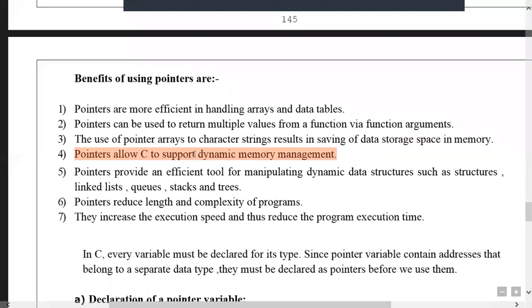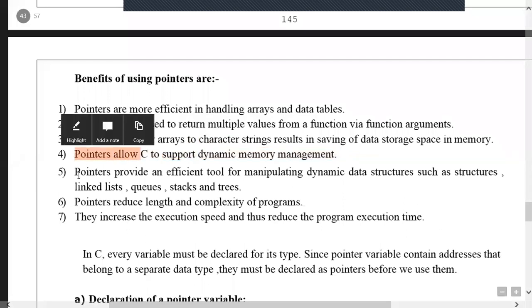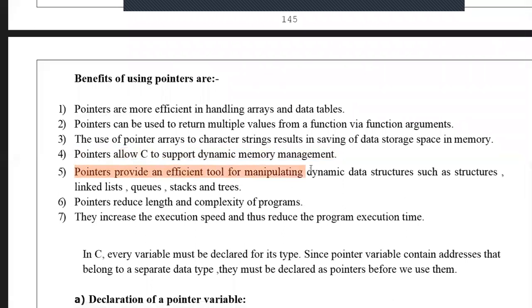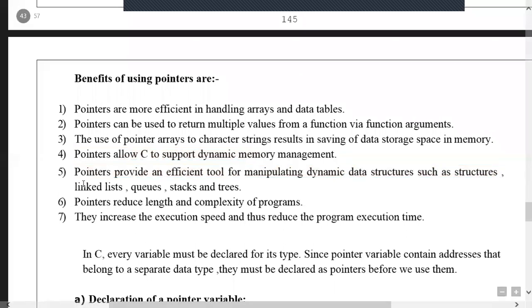This dynamic memory management will be discussed in the third unit. In dynamic memory management also, the pointer concept is used. Fifth point, pointers provide an efficient tool for manipulating dynamic data structures: linked lists, queues, stacks and trees. In the second year, first semester, we are going to have a data structures subject.